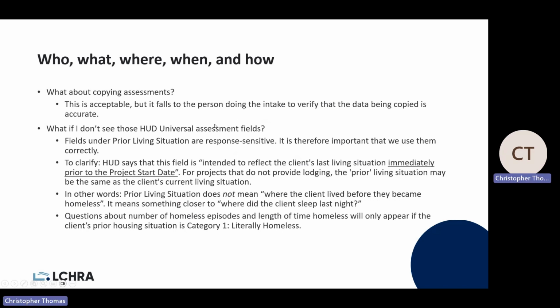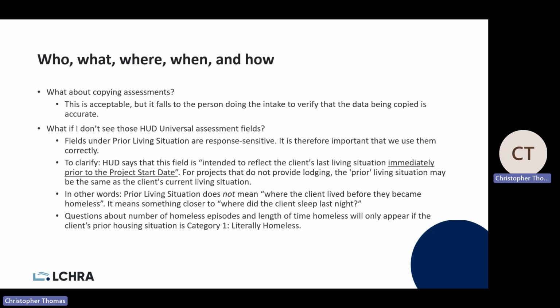The other really important thing, and I really should have led with this, that I think has had the biggest effect on our ability to fill this out properly, is that all these fields, most of them, are going to be under the heading prior living situation. And I think that has caused some problems for us because how you interpret those words is going to do a lot to determine how you answer them. I think it's natural to see prior living situation and think that it means most recent stable living situation, meaning when this person was last housed, where were they housed? That is not what those words mean.